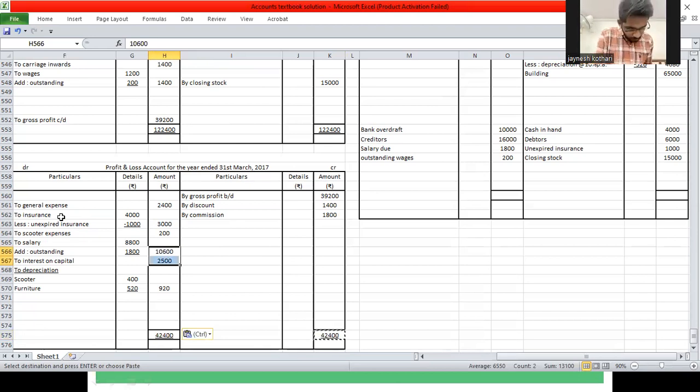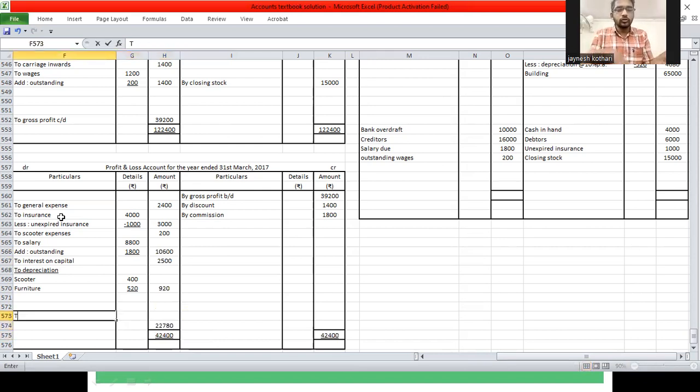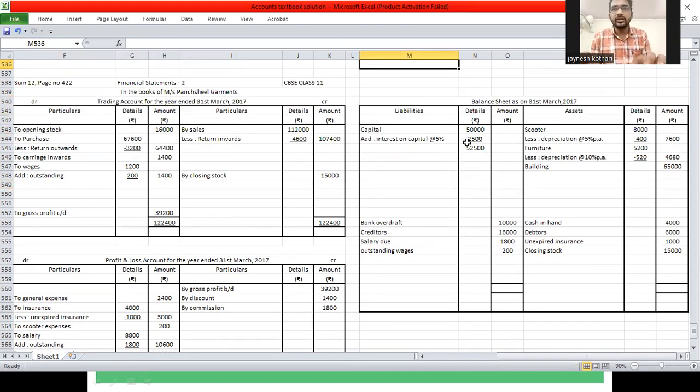तो 42,400 माइनस 19,620, ठीक है। तो 10 में से 2 गया तो 8, 13 में से 6 गया तो 7, 11 में से 9 गया तो 2, 22,780 स्टूडेंट्स, 22,780 आ रहा है मेरा अमाउंट, और यहाँ पे लिखेंगे टू नेट प्रॉफिट ट्रांसफर टू कैपिटल अकाउंट, ठीक है। 22,780।